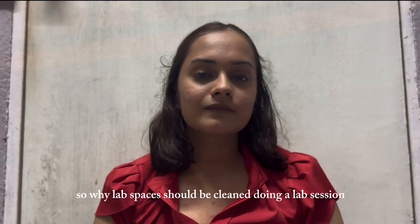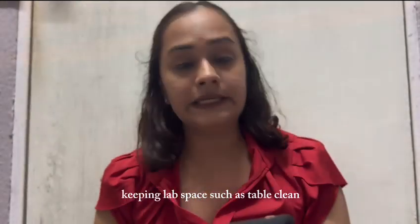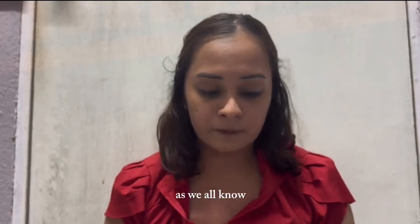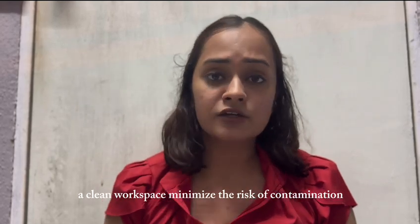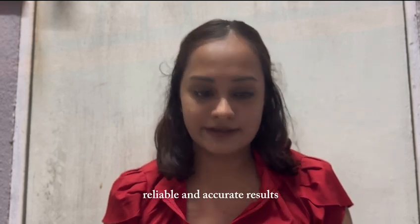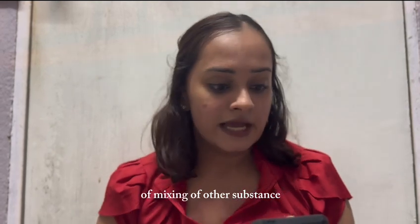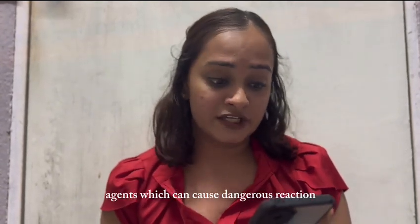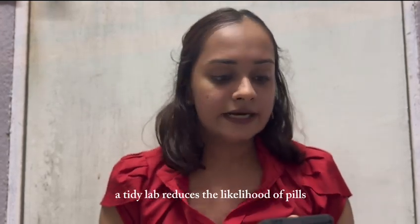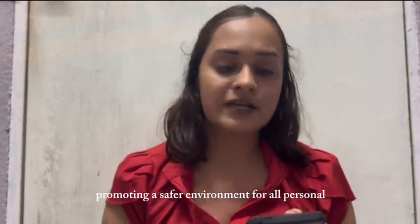So, why should lab spaces be cleaned during a lab session? Alright, okay. So lab space should always be clean. Keeping lab space such as tables clean is essential for several reasons, as we all know. A clean workspace minimizes the risk of contamination, ensuring that experiments provide reliable and accurate results. It helps to prevent accidental mixing of other substances such as chemicals or biological agents, which can cause dangerous reactions or spoil experiments. Additionally, a tidy lab reduces the likelihood of spills, accidents and injury, promoting a safer environment